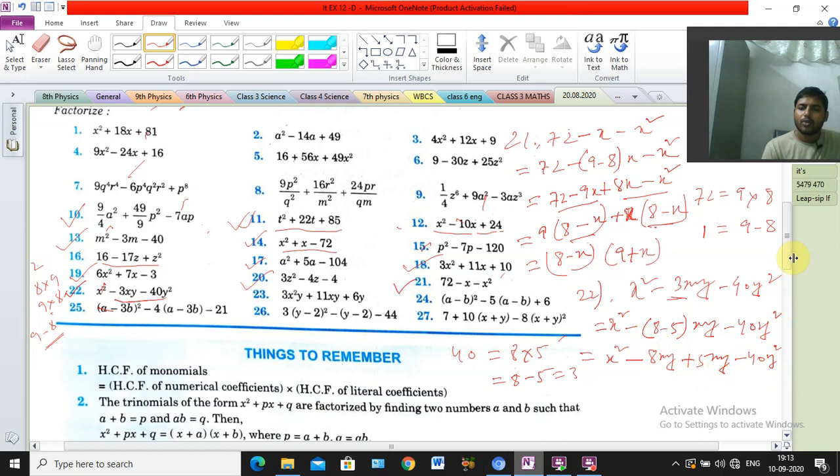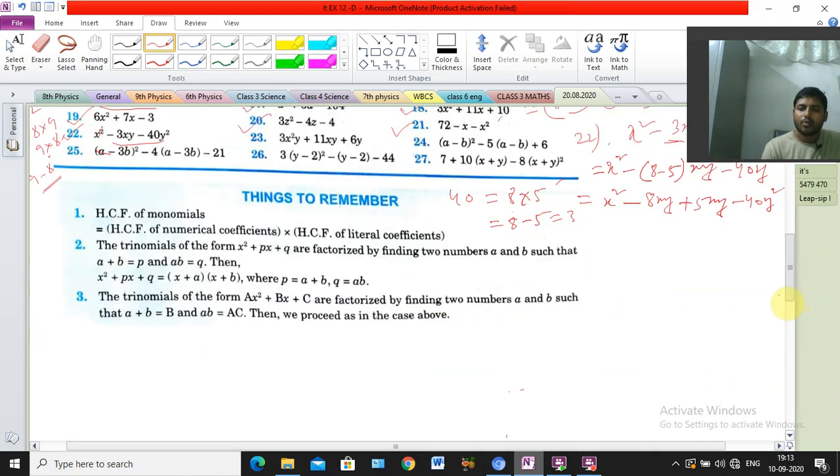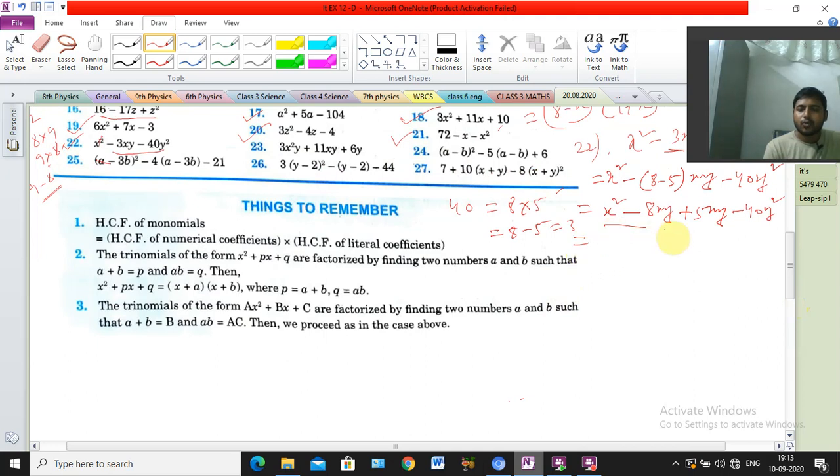Okay, so now take common. We are getting 4 terms, so from the first 2 terms and last 2 terms we can take common. From the first 2 terms, what is the common? X is the common, only x. If we take x common, another x will come inside, minus, and 8y will come only, because x is already taken common. Next, plus, from the last 2 terms 5 common and y common. So x will come, minus 5 8 is 40, no? 8 will come, and y square was there, only y taken one time, so 1 y will come.